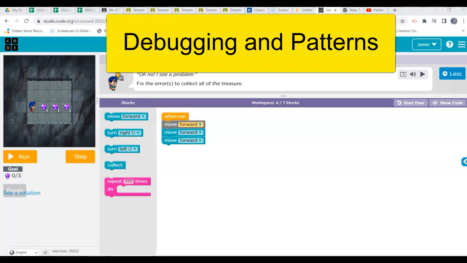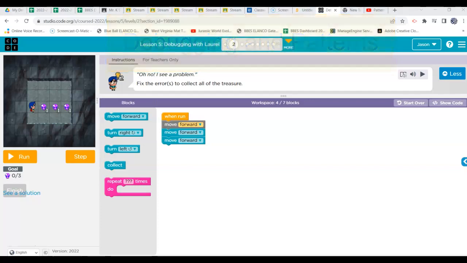Okay, if you are watching this video, you are on lesson 5, which is debugging with Laurel. So debugging is a skill that you're going to use to fix problems in code. Every once in a while, you'll find out that a program that somebody has written has an error in it or a mistake. So you know the goal of Laurel's treasure hunt down here is that she's supposed to pick